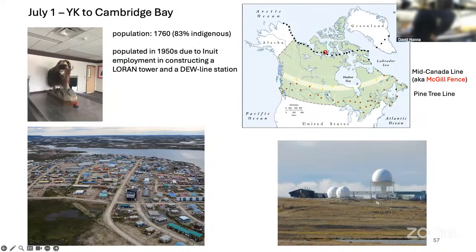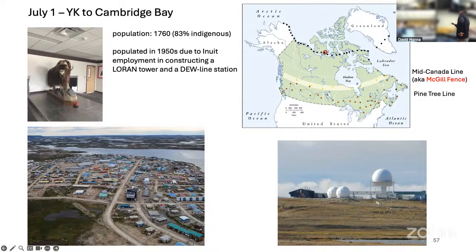Canadian North, and I just want to say there's a little bit of history here, that's something I learned. This is Cambridge Bay. It actually came into being because of the DEW line. Some of you may have heard of the DEW line, the Distant Early Warning line. By the way, it was the last of 3 lines, because during the Cold War, everybody was afraid the Russians would come over and bomb America, and maybe Canada on the way, and so they put up a radar line, and this line